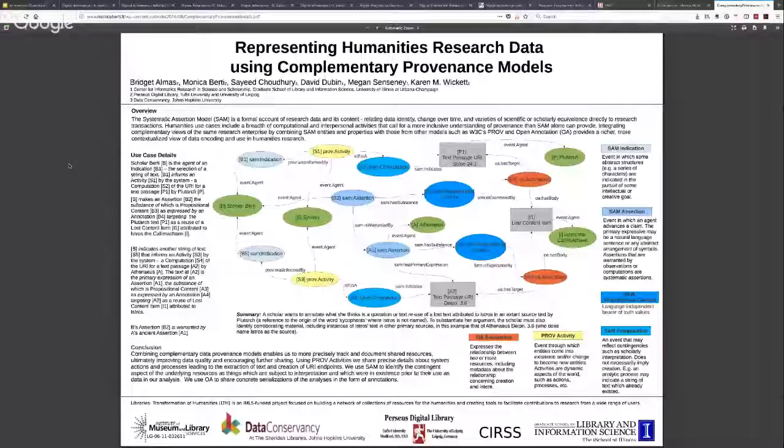So the idea is to use these models for annotating something, but also for annotating assertions about something by different people, different scholars, different students. If you're interested in this, I will share the link to this PDF. This is a poster we published a few years ago. And here you have a schema where you can see different links and connections among different annotations using different data models, including the Open Annotation data model, and then PROV and SAM.